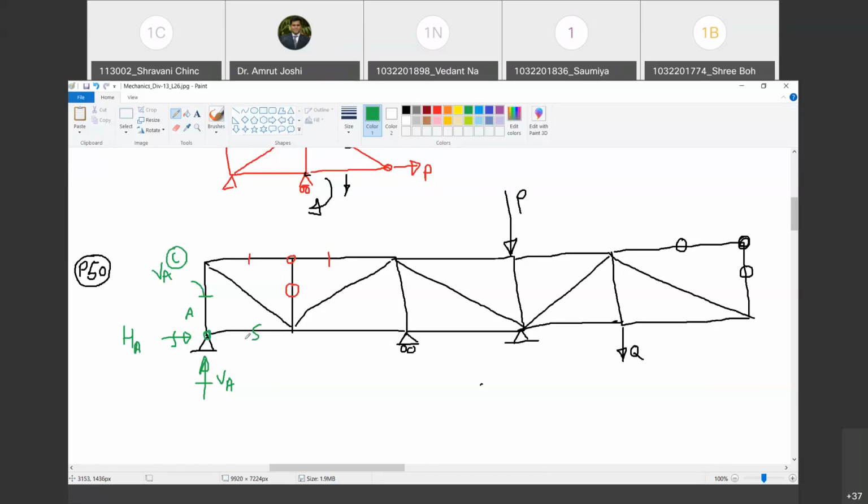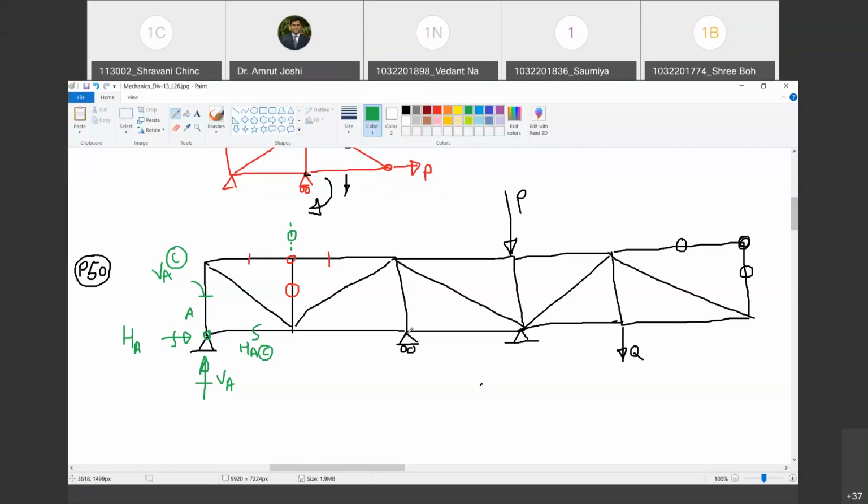Are you with me? Yes, sir. HA, if it is towards right, it is compressive for this joint. It is pushing the joint. So therefore force in this member must be equal to HA compressive. Happy? Yes, sir. Where else can I apply this rule? देखो यहाँ पे भी मैंने एक तरीके से वो रूल अप्लाई किया है. If at a joint there are 4 members meeting, I can add a pseudo member here which has a 0 force. Do you agree with me? Yes, sir. So force in this member must be equal to force in this member and this force must be equal to this force. Happy?